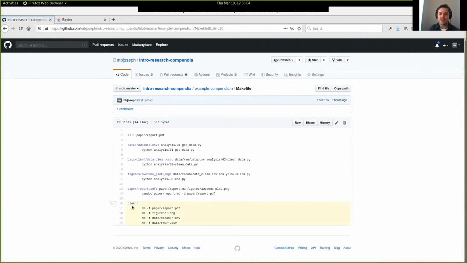The target is called clean, and this is a special target for make. It provides a way to delete all of the generated output. So you can see that I'm removing the PDF report, removing the PNG, and then removing these CSV files. If you ever need to start over with your project, what you can do is type